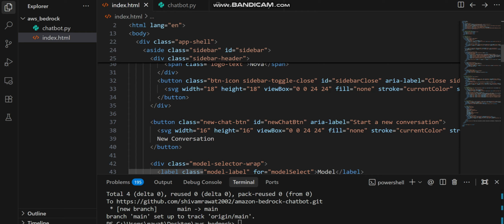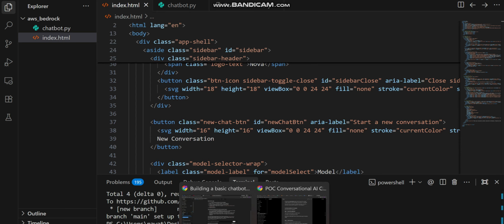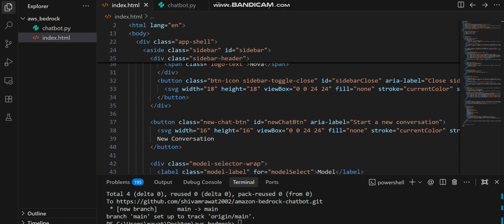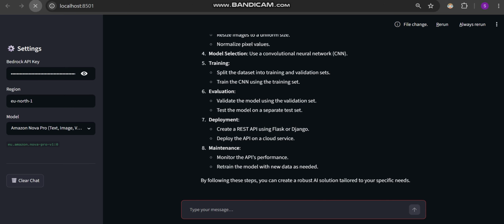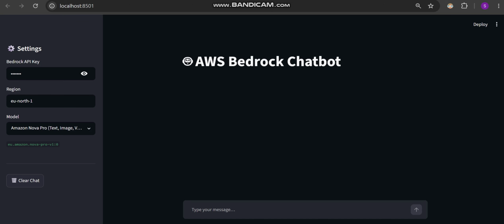So if I give you a live demo of it, basically this is the chatbot. If I refresh it, you can ask different types of questions to it. So this is the API key, this is the region, and you can select the model. As of now we are using Nova Pro. So if I say hi,